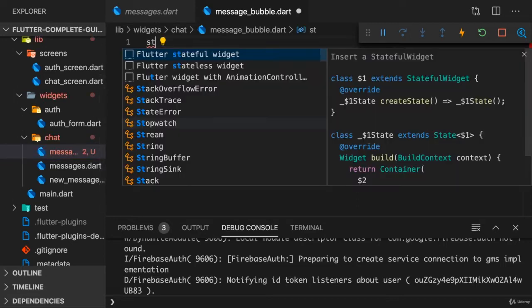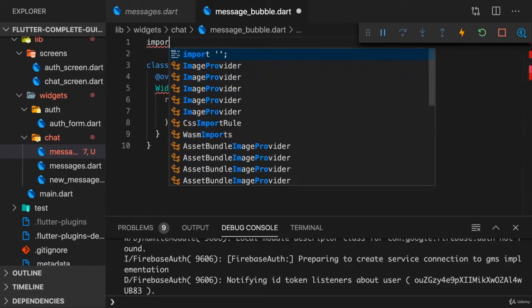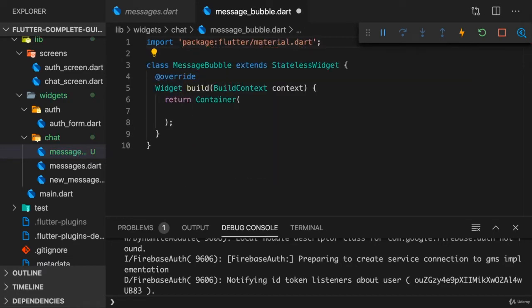Now, a message bubble can just be a stateless widget. It doesn't manage any internal state, it just outputs data, and I'll name this MessageBubble. And of course, as always, import material.dart from the Flutter package so that we can use all those Flutter components. Now, the idea here is simple. Here I want to render or output, return, a more beautiful chat message, which looks nicer than just some boring